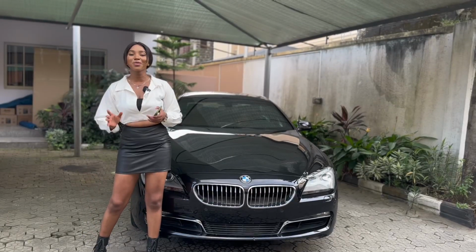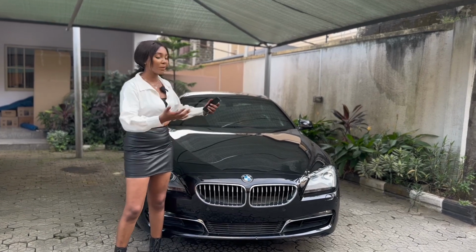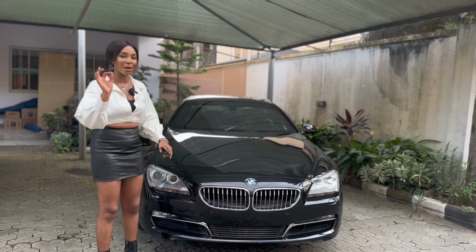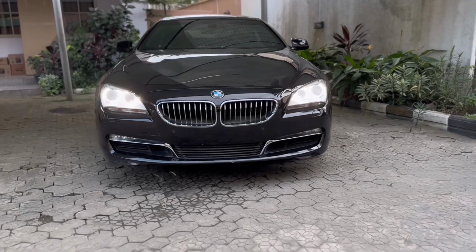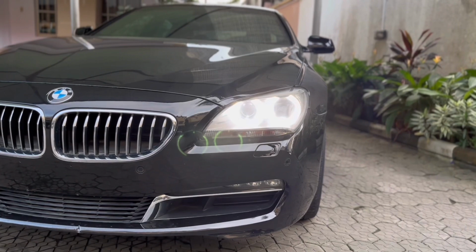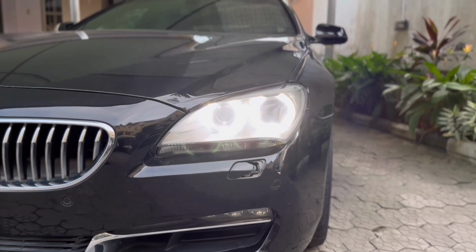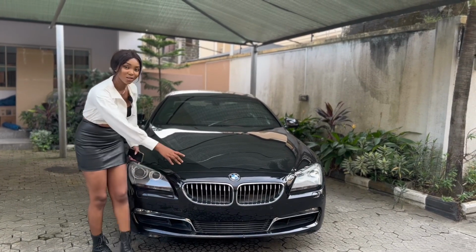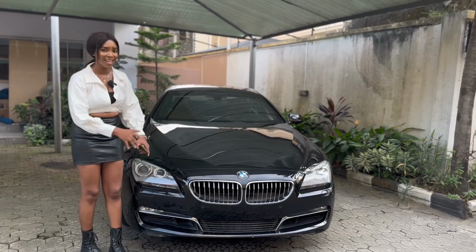The BMW 640i is one of the sportiest and most elegant coupe sedans you would find on the face of the earth, and this is just amazing. So of course, in the front fascia, you're presented with the signature BMW twin kidney grills. Of course, you have your BMW badge right here, and when it comes to the headlamps, you have Bi-Xenon auto dimming, very adaptive headlamps right here, and they are very beautiful. Right here you have your headlamp washers. Of course, you have 4 sensors right in front of the car for your parking assist,